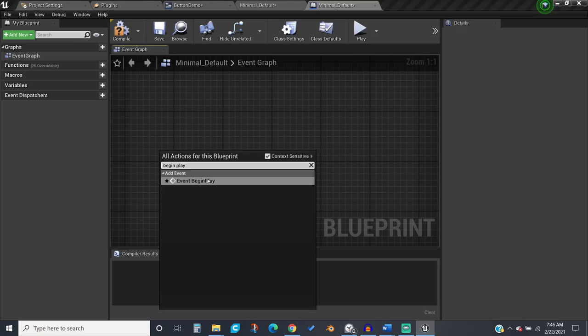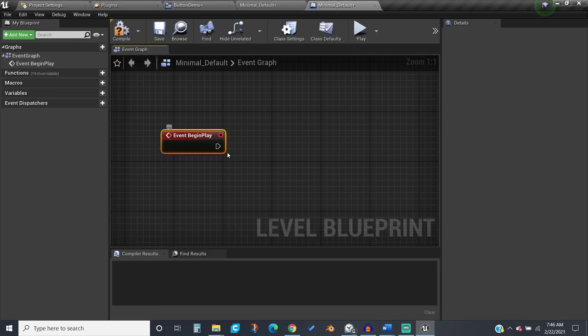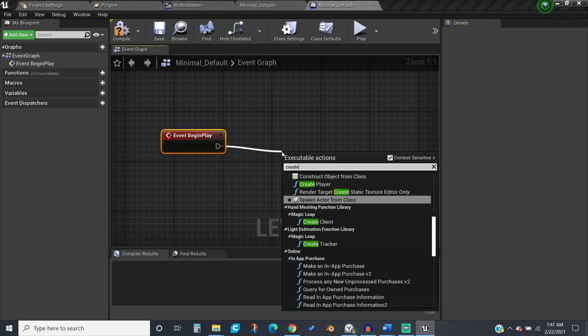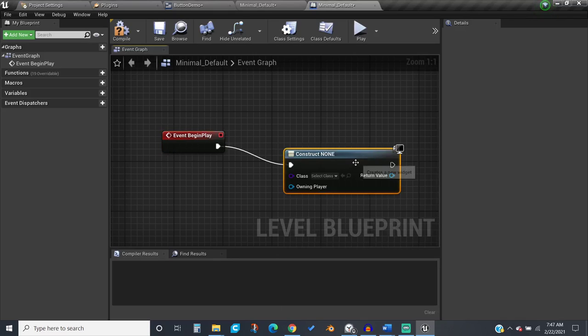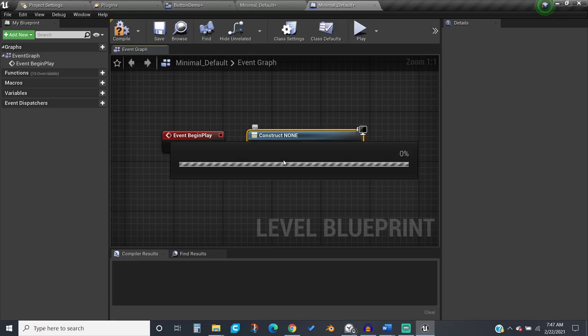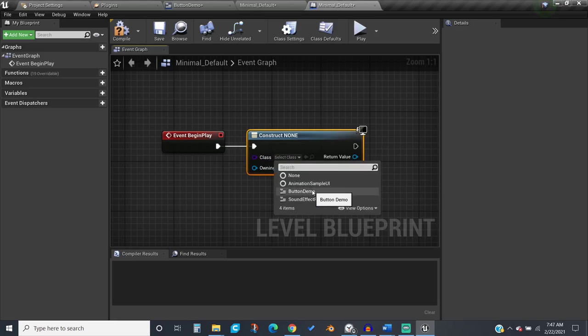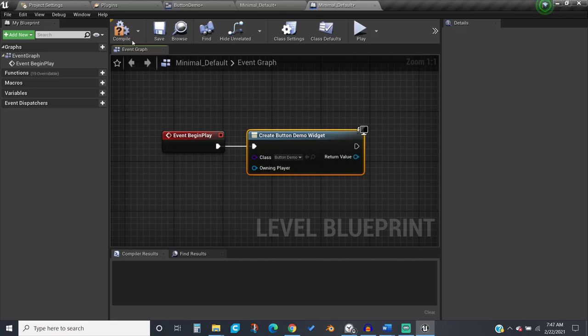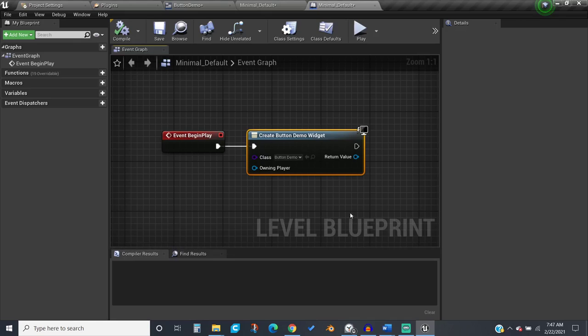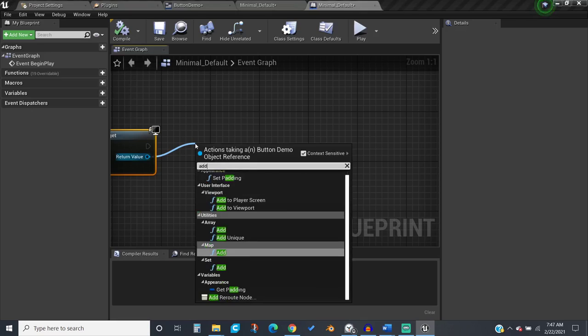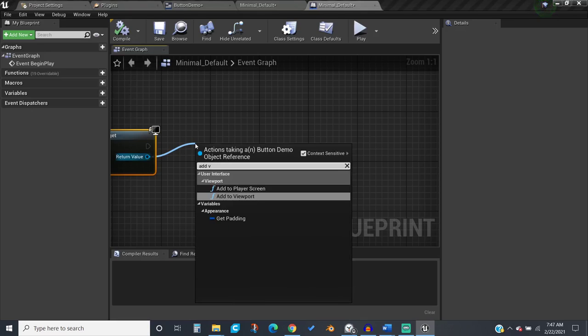On begin play, when we start the game, I want to create a widget, and I want it to be the widget you just created. But still, if we play, it's not shown. So we need to add this to our viewport, right? So add to viewport,